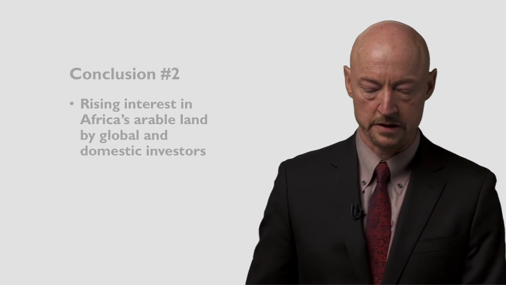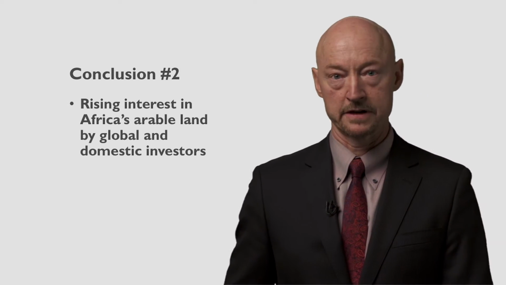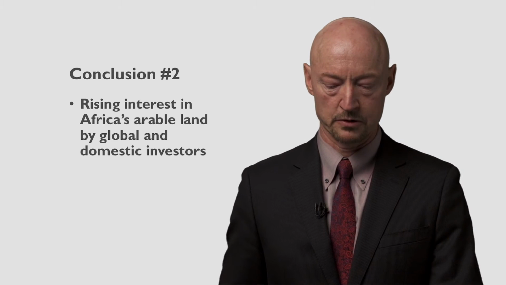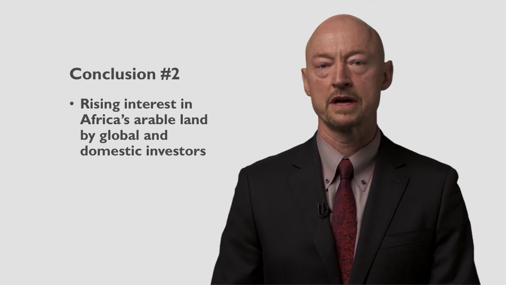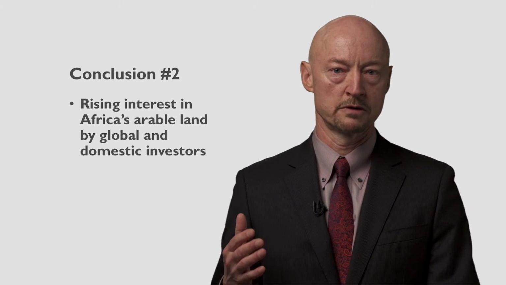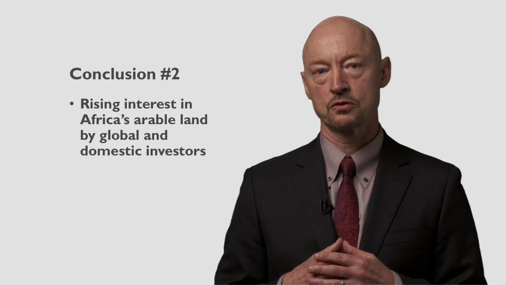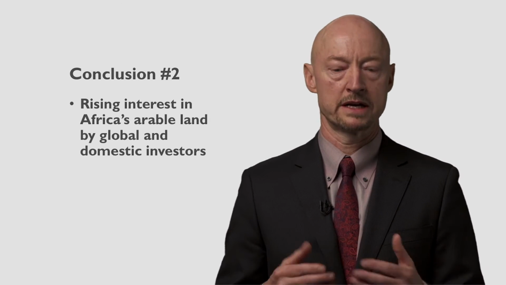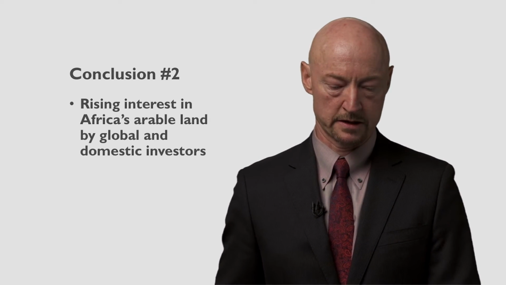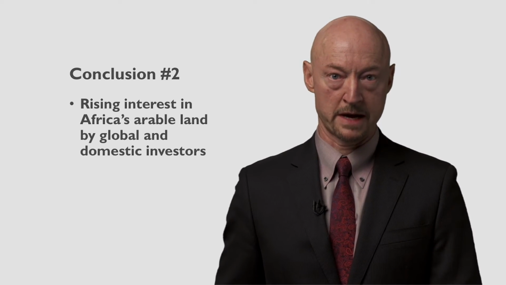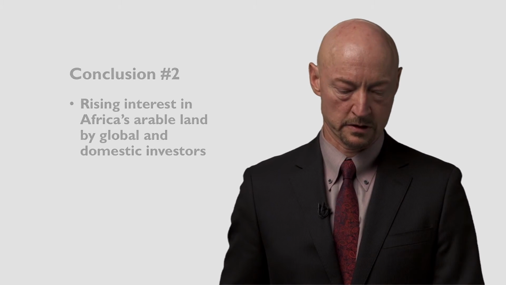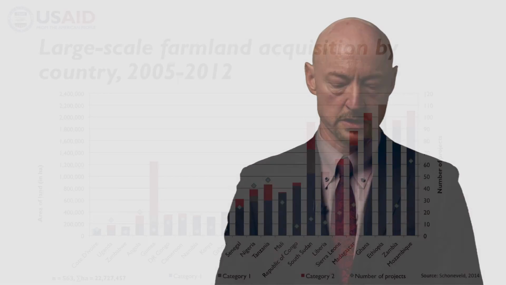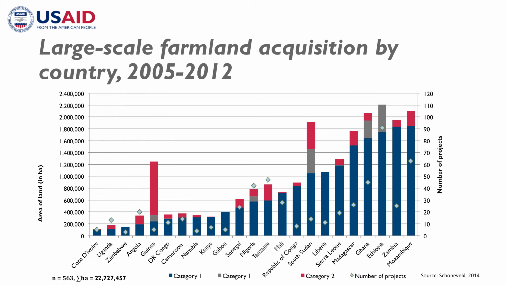A second conclusion is that there is obviously rising interest in Africa's arable land by global and domestic investors. So ever since 2007, 2008, with the rise in global food prices, this has created great interest in acquiring arable land in Africa, which by the World Bank's estimates contains about 55 to 60% of the world's remaining arable land. This graph shows large-scale farmland acquisitions by country over the past 7 or 8 year period